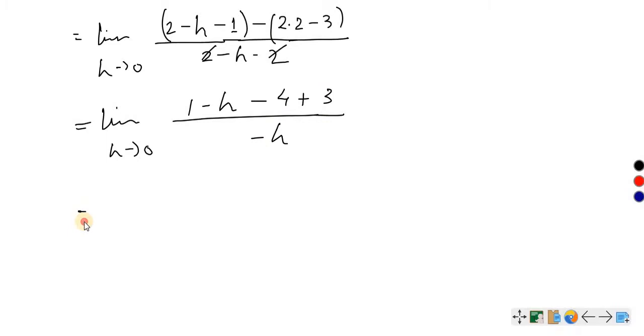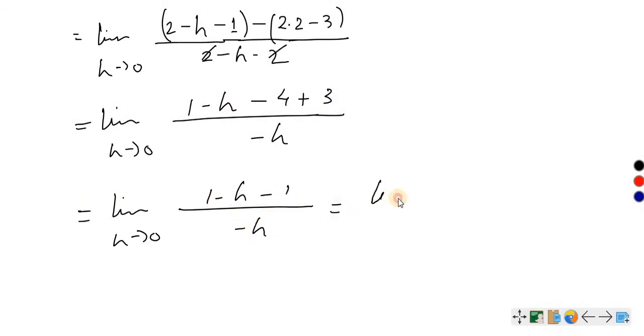This equals limit h tends to 0, and here if you see, this whole part will cancel out, that is 1 minus h minus 1 minus h, which is again equal to limit h tends to 0, and this will be cancelled out. I'll be left with minus h by minus h, and if you just cancel these two, you will be left with 1. So here the answer is 1. Okay. Now